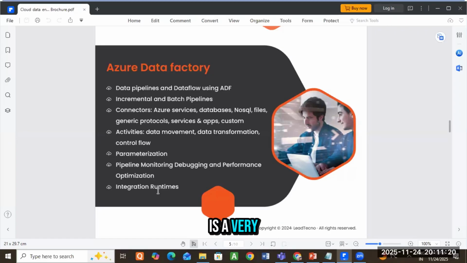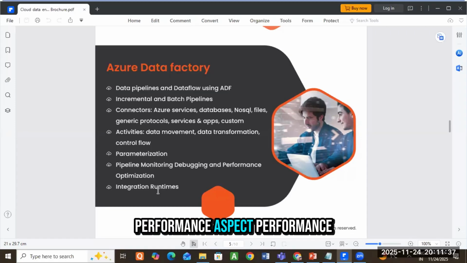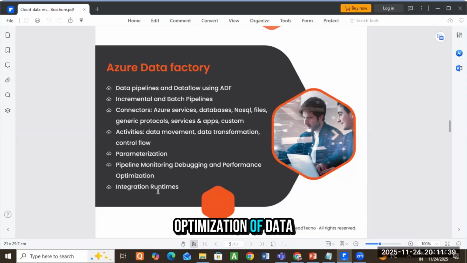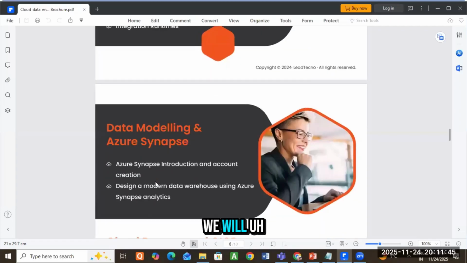And then there is a very important feature. In most of the interviews, people ask this: how we can parameterize the data flow jobs, and how to execute those. And then we will cover pipeline monitoring, performance optimization of Data Factory, and the integration runtimes. So once Data Factory is covered,